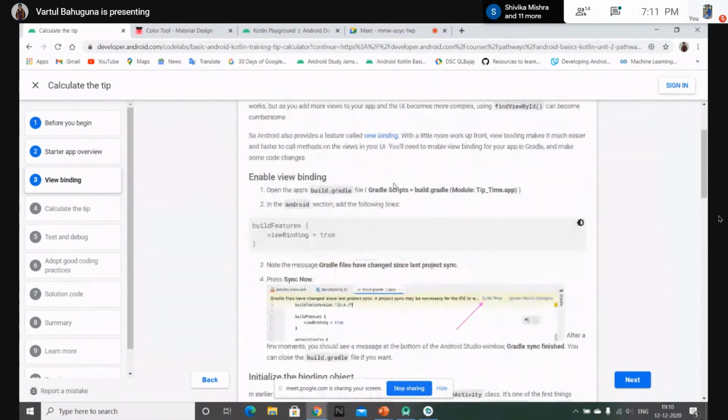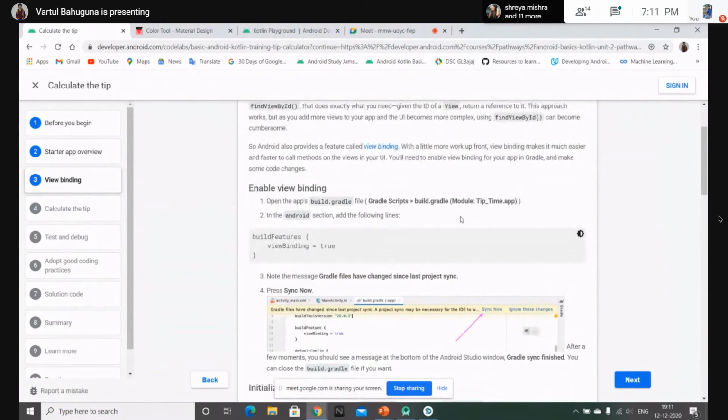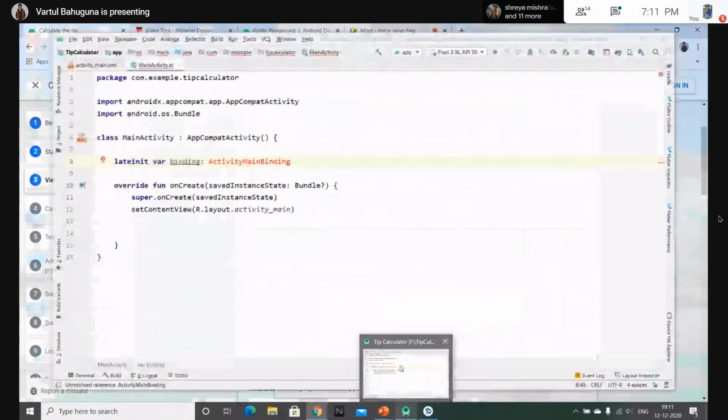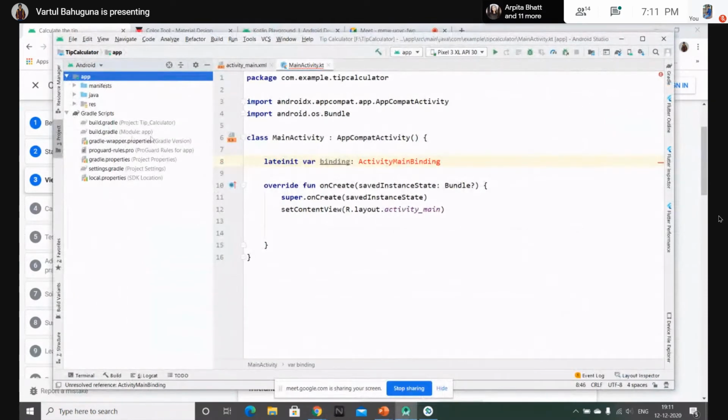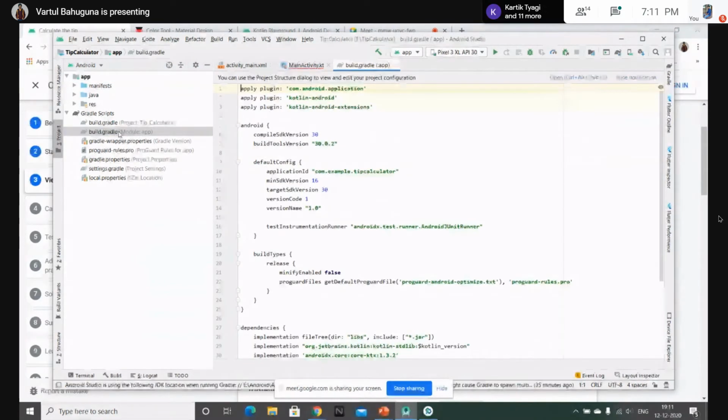Okay, sorry. Before using this binding feature, we need to add this dependency in our build.gradle file. That's the dependency that we need to add. So just go to Gradle Scripts, and then select the build.gradle file that is app level. There are two build.gradle files. Make sure you choose the module app. This is your app level Gradle file, and here we need to write this dependency. Just copy it.